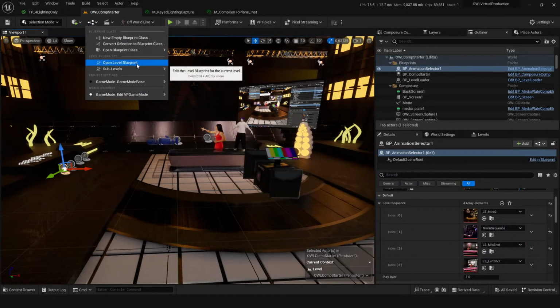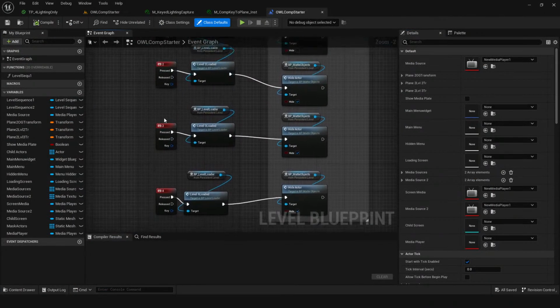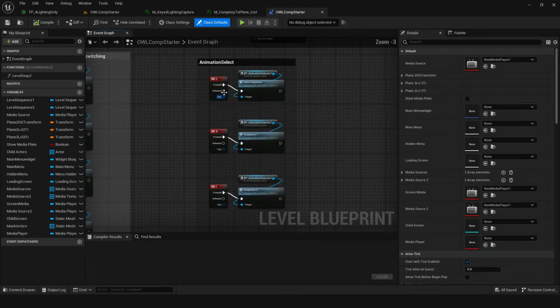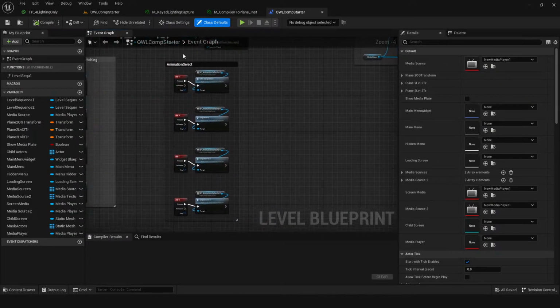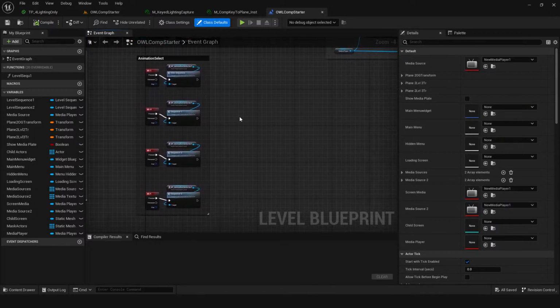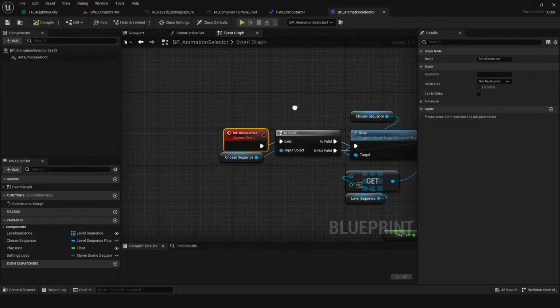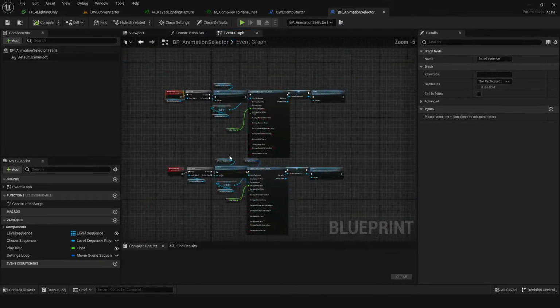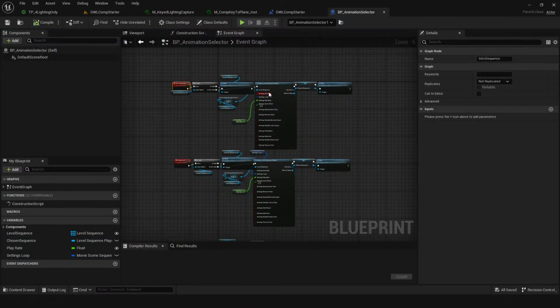So as it stands at the moment, I do have the triggers, so the different key presses, for animations. They are here. They are in the level blueprint. They could be in a controller blueprint or a game mode blueprint. But then they are just triggering a simple, you know, on this end it's very simple. It's just triggering a custom event. Then within the custom event, this is the animation selector that I selected here. So this is where the bulk of the